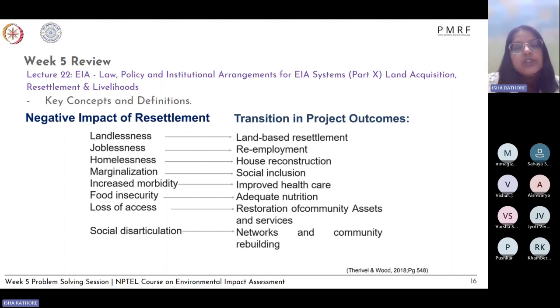You're not just acquiring their land, but you are resettling them also and ensuring that the resettlement process is smooth. So joblessness, you have to address this in terms of re-employment. So if it's an agriculture-based community, will they get agriculture-based work? Where you are resettling them, will they have agriculture as their main practice or as their main job in this newly settled place? Homelessness, you'll help them in house construction, and your compensation is going to cater to all of these aspects. Marginalization is being addressed by social inclusion.